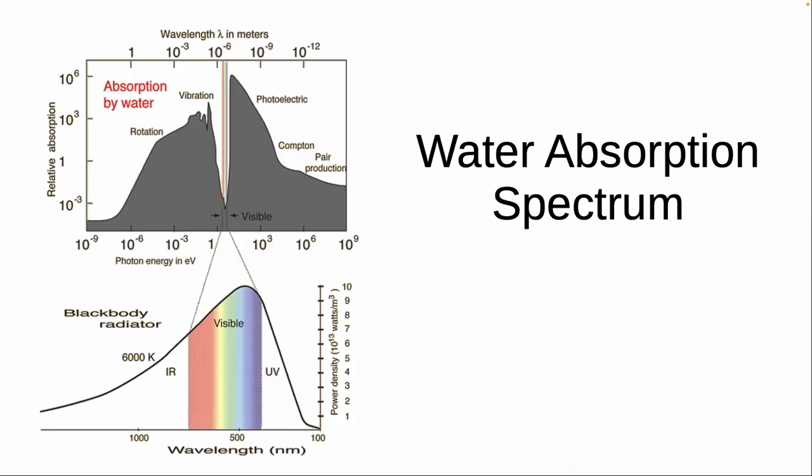So here you can see the water absorption spectrum. You really want to measure at the peaks of the water absorption spectrum, but both of those peaks are outside of the infrared and they're outside of the near infrared. And so you can't watch them with the inexpensive cameras. You need these very expensive gallium arsenide cameras. Sort of not a mass consumer product.